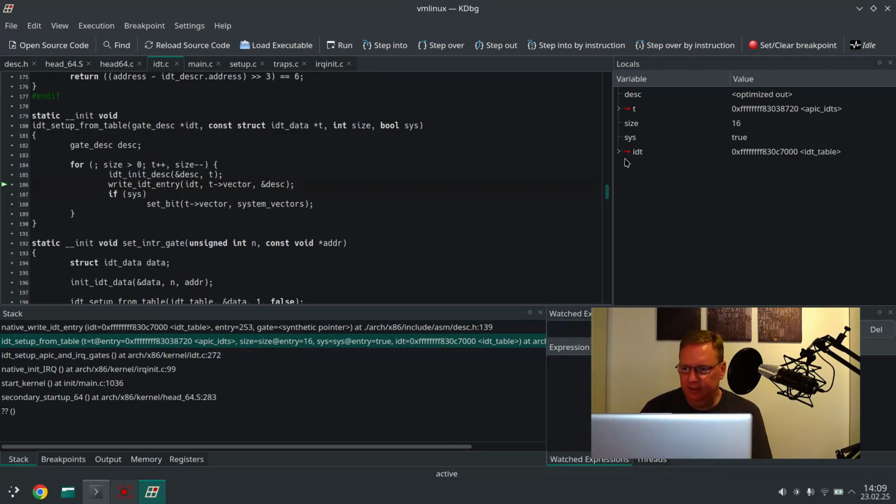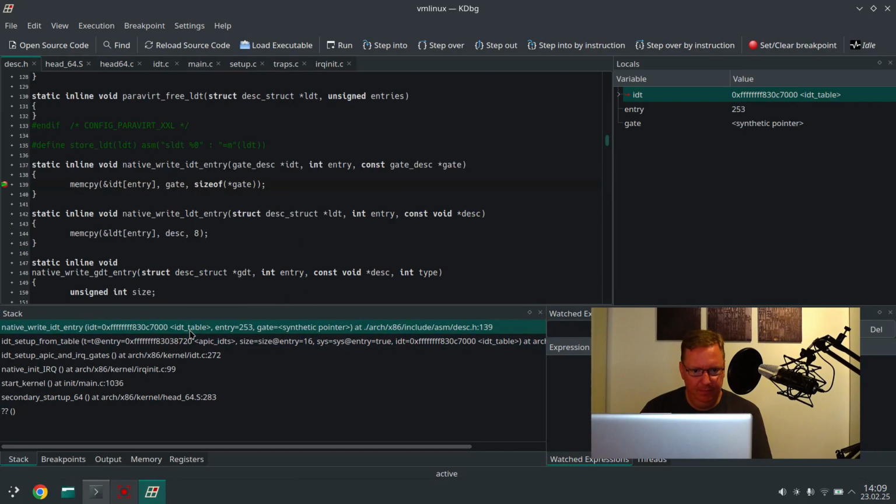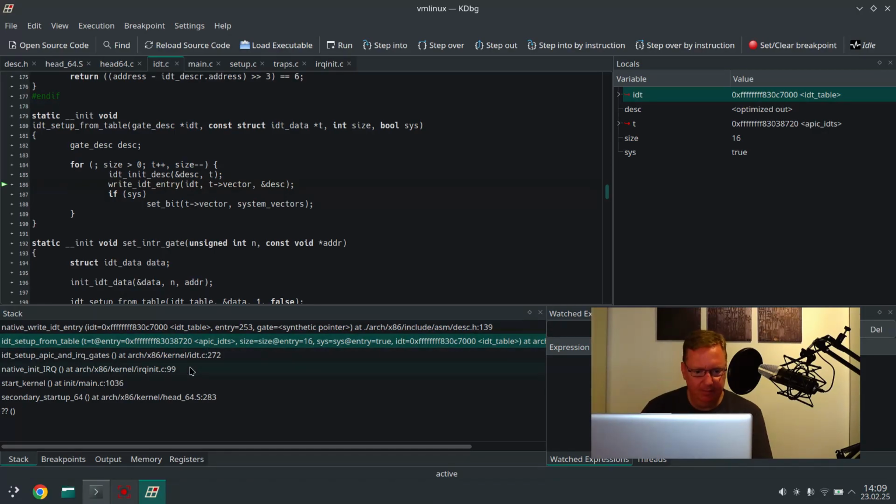Set up from table 16 entries that are copied into the table. Okay, now again, this native init IRQ is the last time we go into this